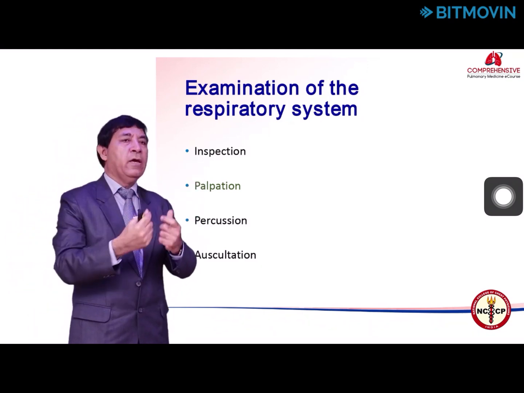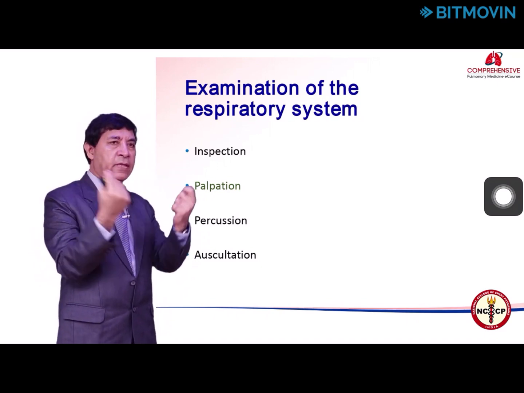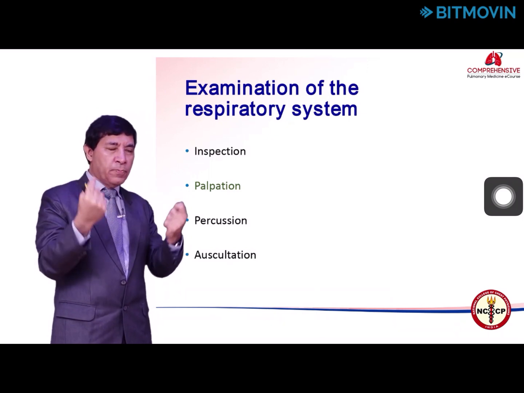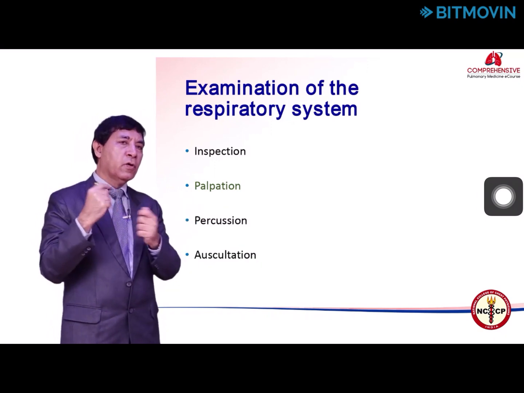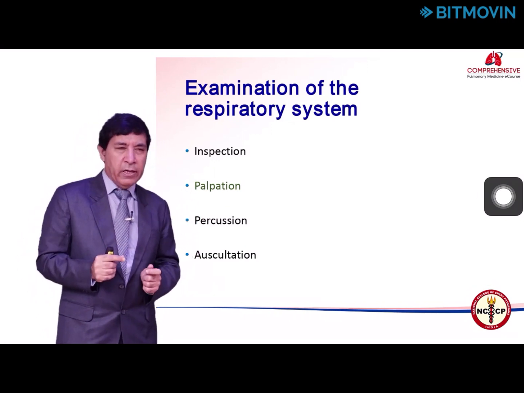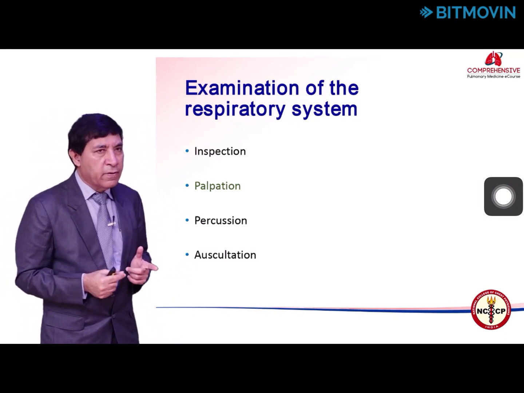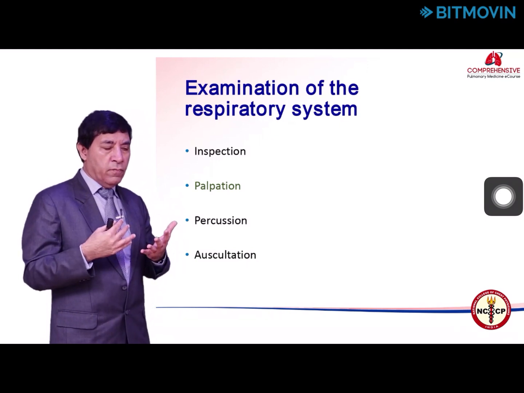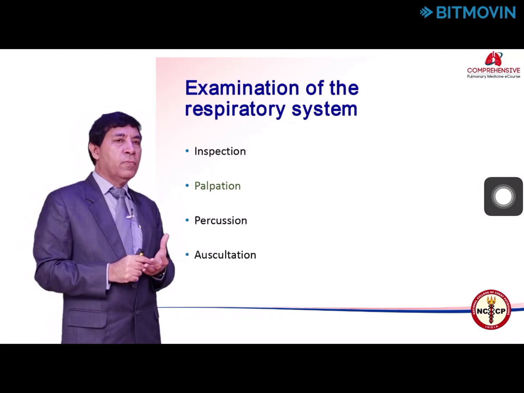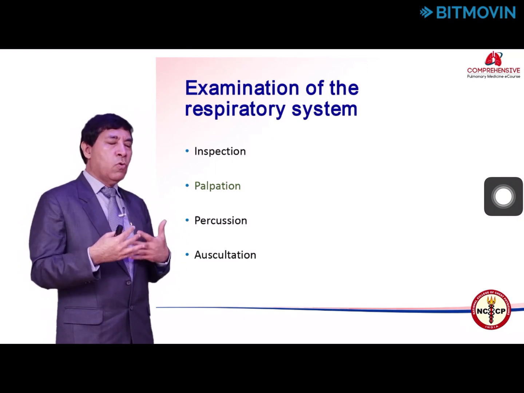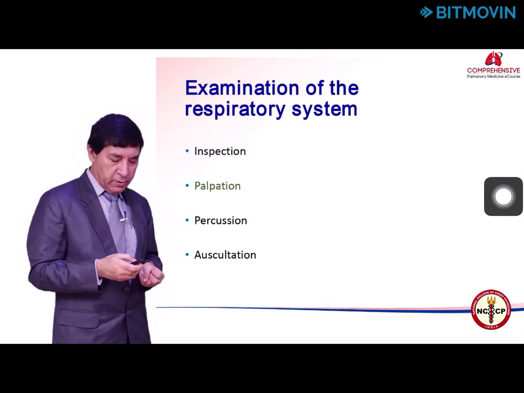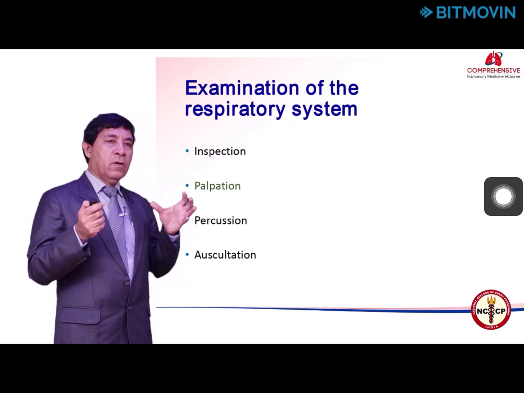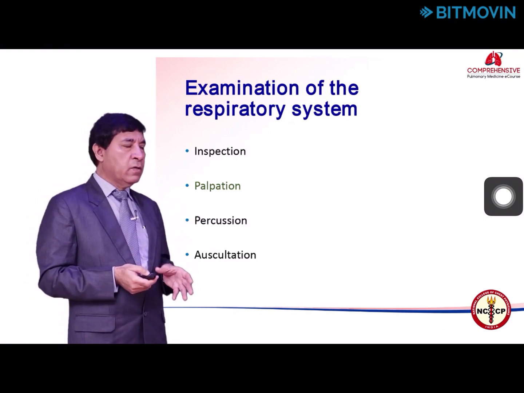So you will use a measuring tape, and with that, on each full hemithorax you take the total expansion, total size, total inspiratory movement, and then you measure it on each hemithorax. So on palpation, basically you are confirming the findings of inspection. You can also give the value, telling exactly how much the movements are reduced. That will help you in quantifying the severity of disability this patient has developed. So palpation basically gives objective values to what we see on inspection.